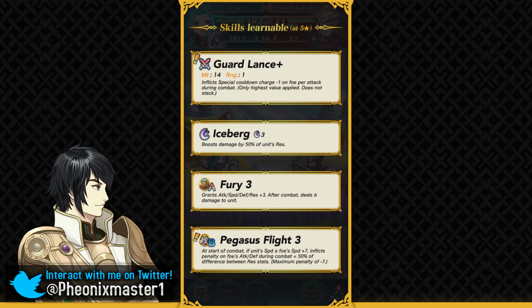So Pegasus Flight skill actually has a bit of mistranslation. So at start of combat, if the unit's speed is more than foe's speed -7, it inflicts a penalty on the foe's defense and attack by 50% of the difference between their resistance. So it's -7 speed, it's not +7 like the trailer, which means that you can also activate this against faster enemies, as long as you're able to meet this condition of outspeeding them after you subtract 7